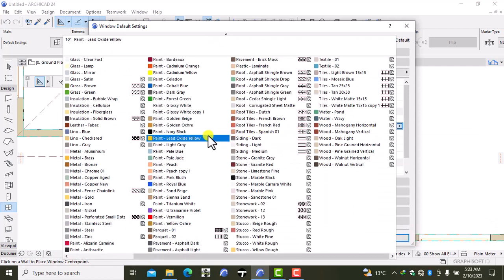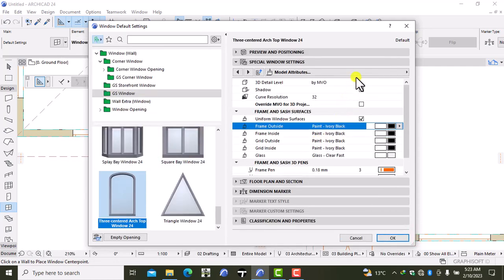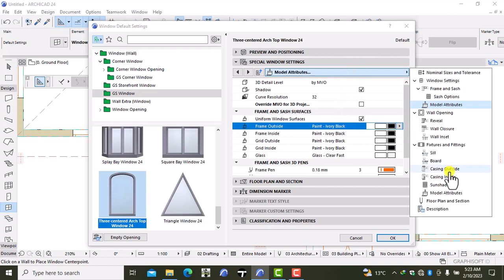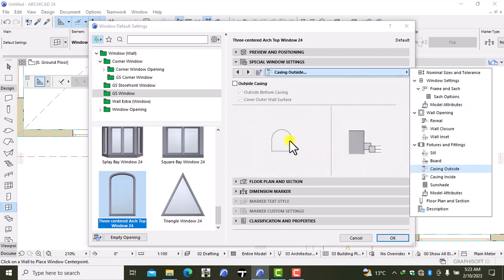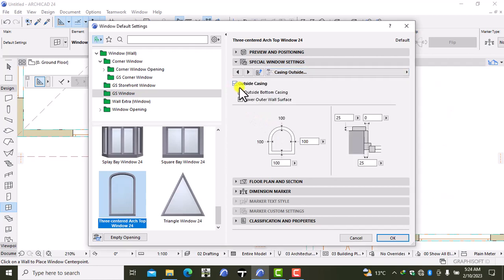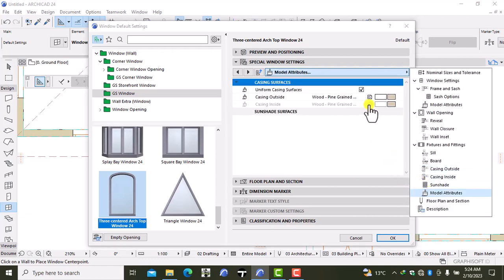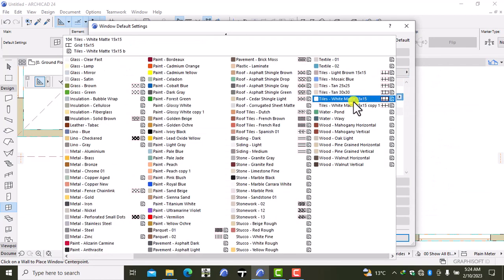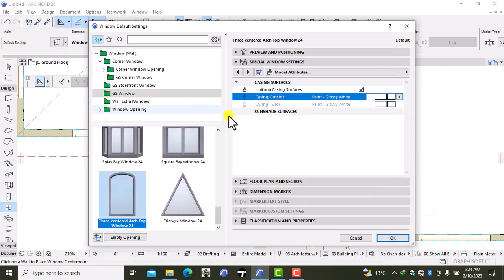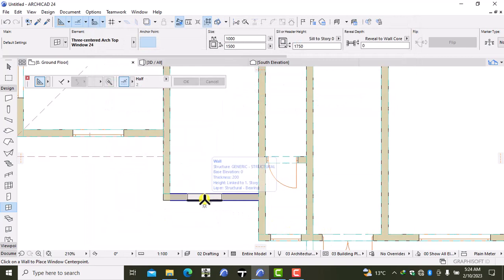We use paint ivory black. Then go to the casing outside. If I enable casing right over there, and the casing model attributes, you can basically just use close to it and press OK, and we have a window right over here,